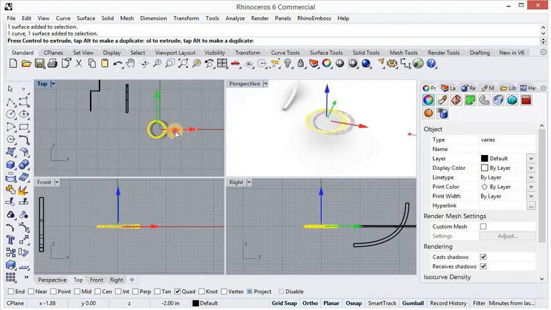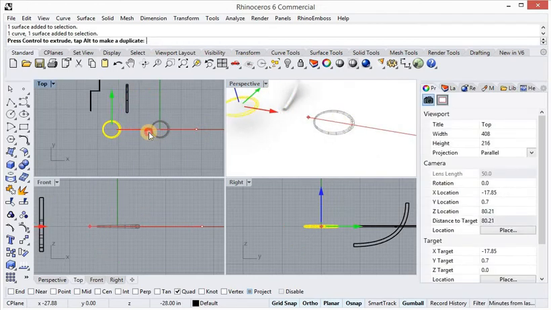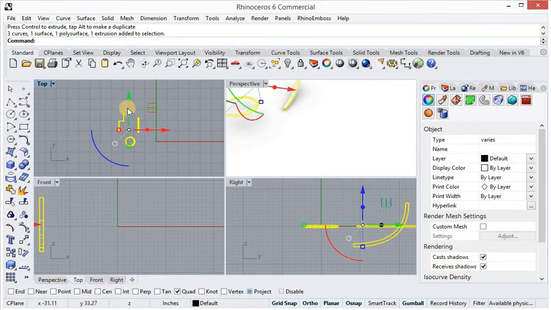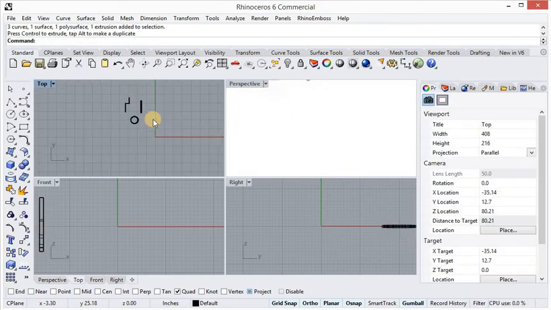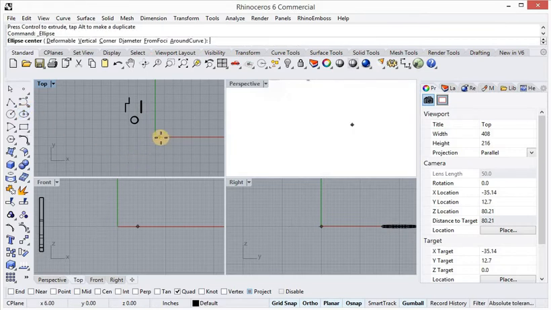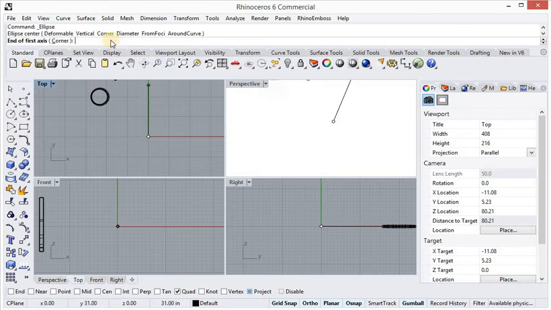And place it here by holding the gumball arrow and select all these stuff and place them here. Now I will take the ellipse tool. Click the ellipse tool. Click here in the top viewport and give it 9 inch. See the 9 inch. Press enter